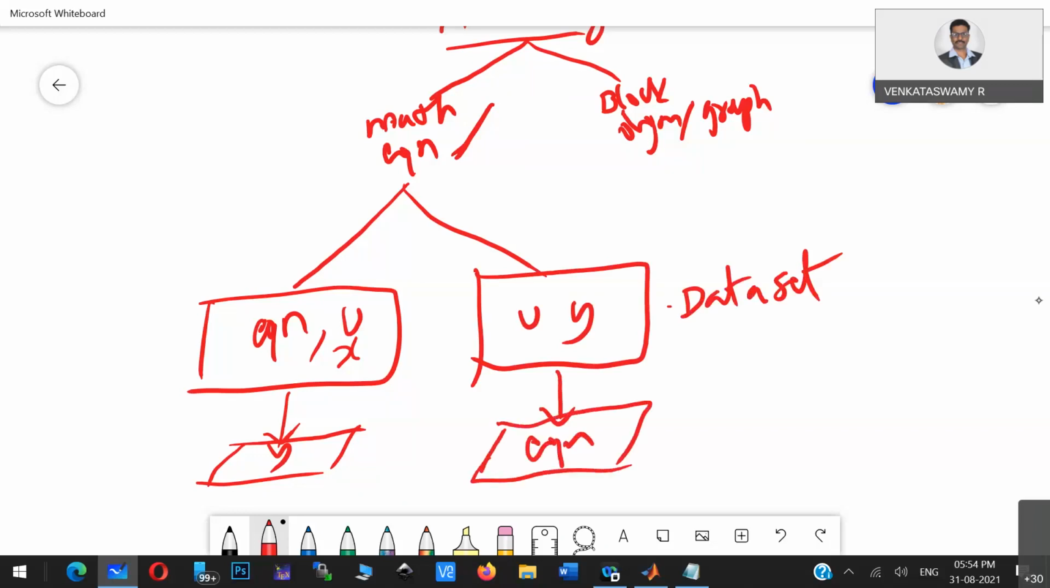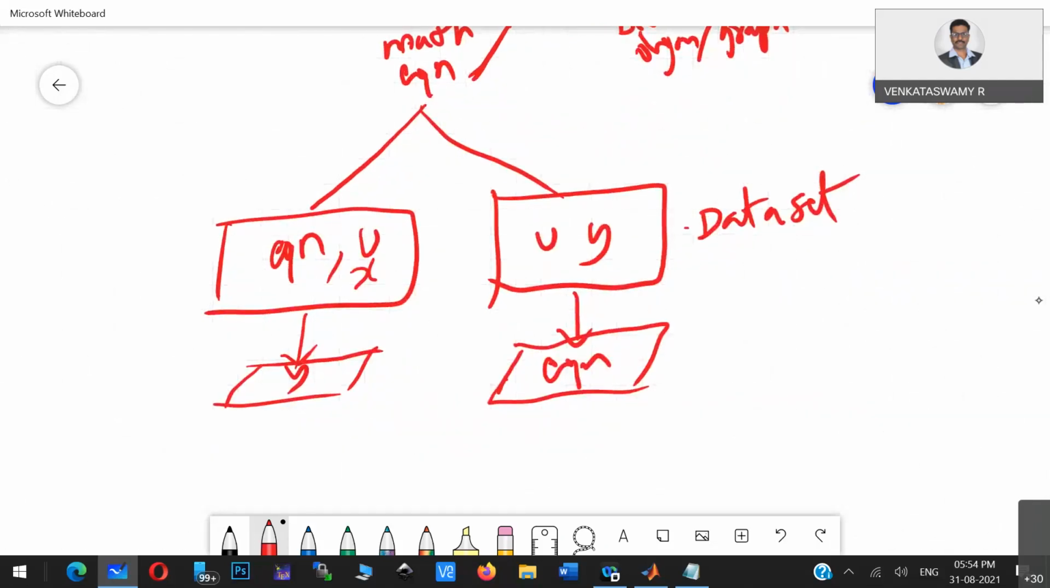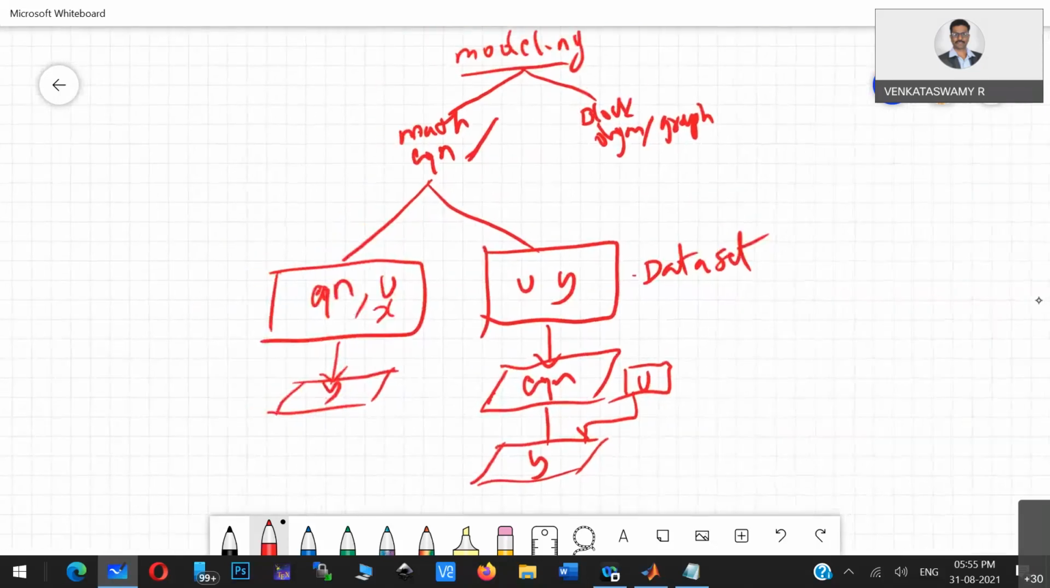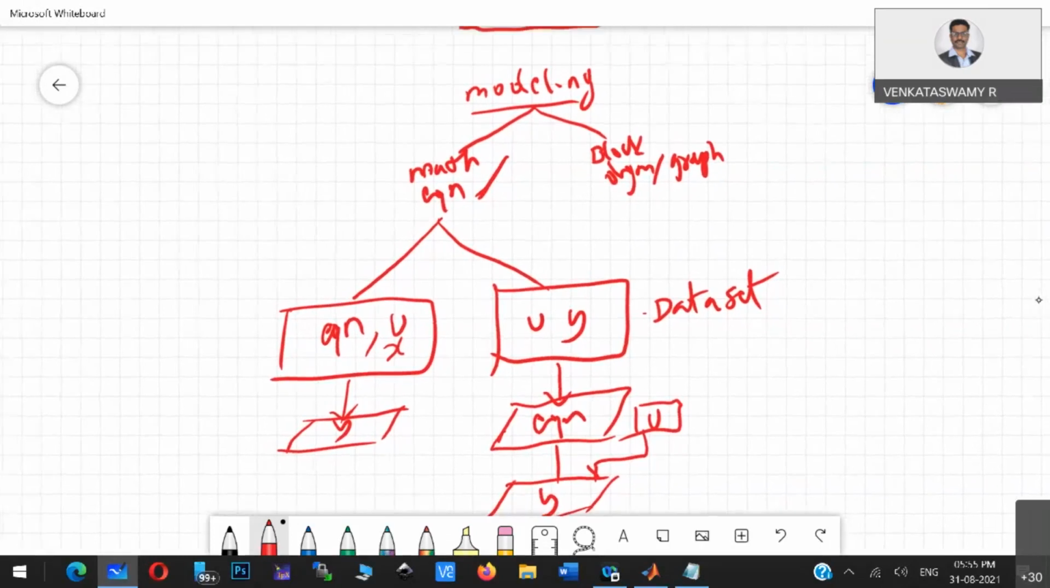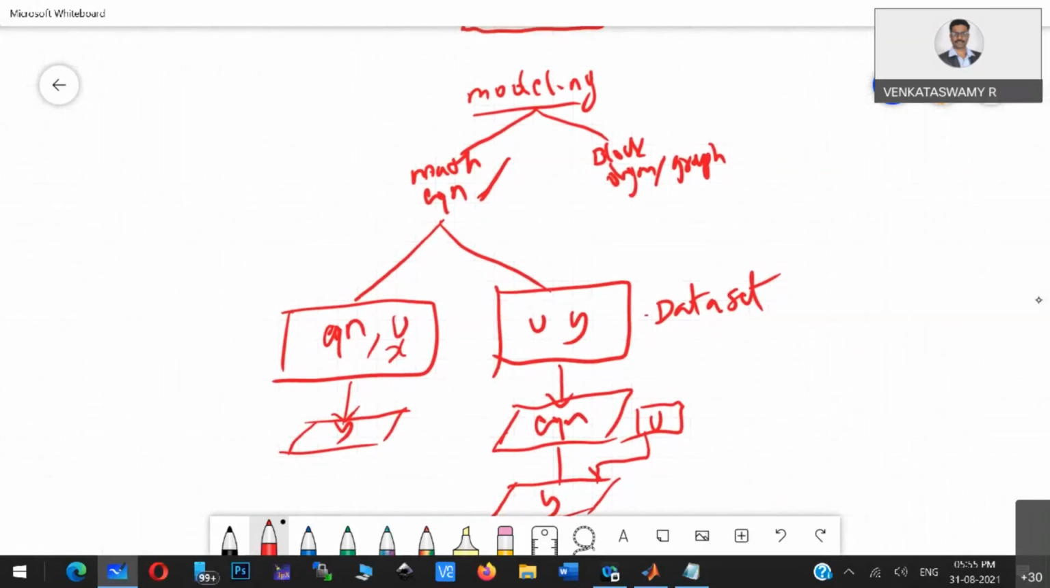And then what will you do? For this particular equation, for any other input, if u is given, you will get y. So this is the flow that we use. Whenever it is difficult to make a mathematical equation,